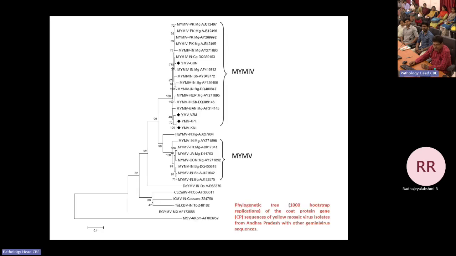So in 2014, we amplified samples from 4 districts: Guntur, Vizianagaram, Tirupati and Kurnool. We sequenced the coat protein gene, and based on coat protein sequence homology we came to know that it was Mungbean yellow mosaic India virus. Up to that, the earlier paper said that Mungbean yellow mosaic virus is with pulses, particularly black gram. We reported that Mungbean yellow mosaic India virus is there. Of course, now that is true. Now a lot of publications came afterwards.